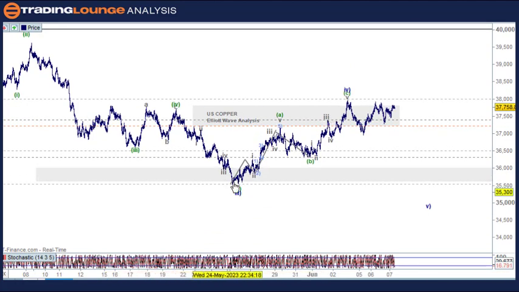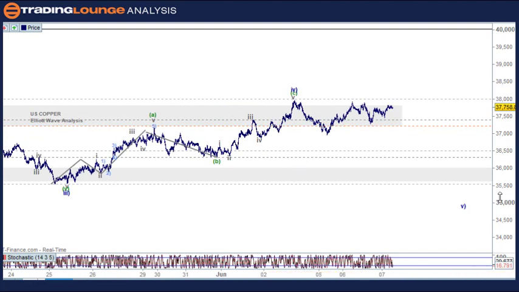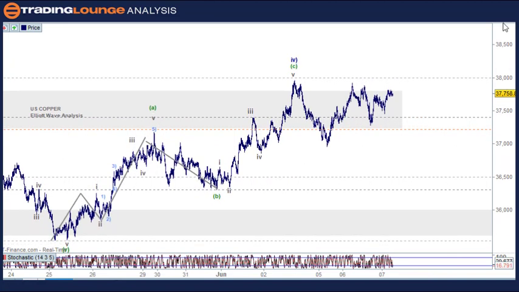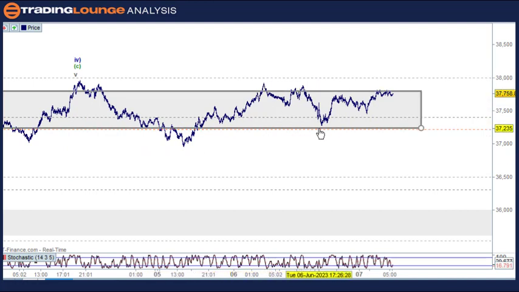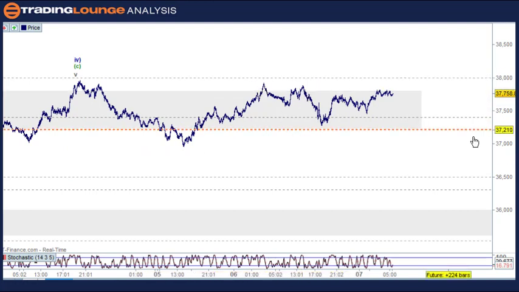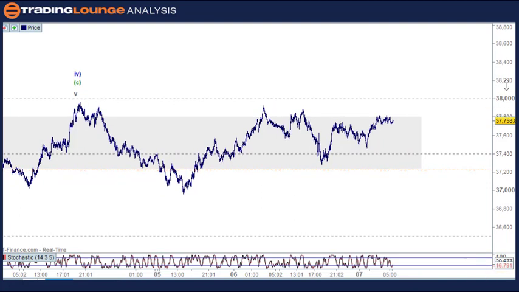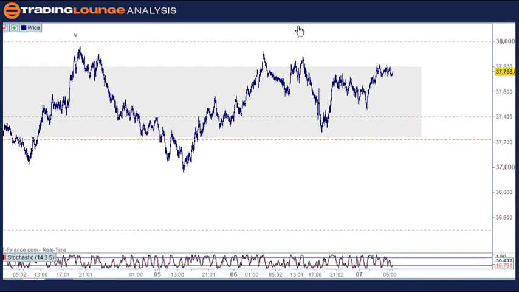We're basically looking for a move back up into the box to the wave 4, one less degree for this blue wave 4 here. It does look like we want to push higher at this point. This is corrective, this move here, so that means we'll take out that top there. So this top should be taken out here. Doesn't mean that we need to go long at that point, but